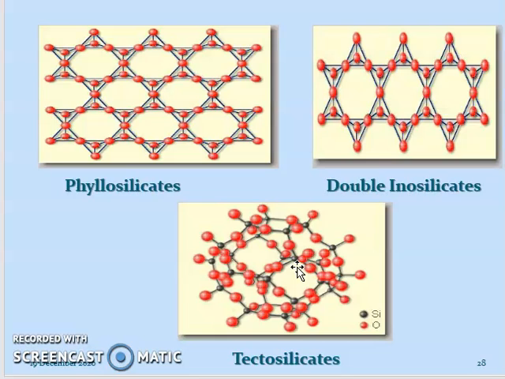It has no charge. There is no charge on this unit, and it has a chemical composition of SiO2,